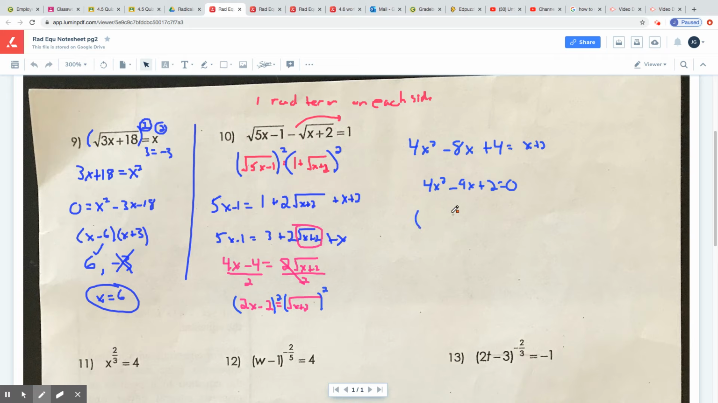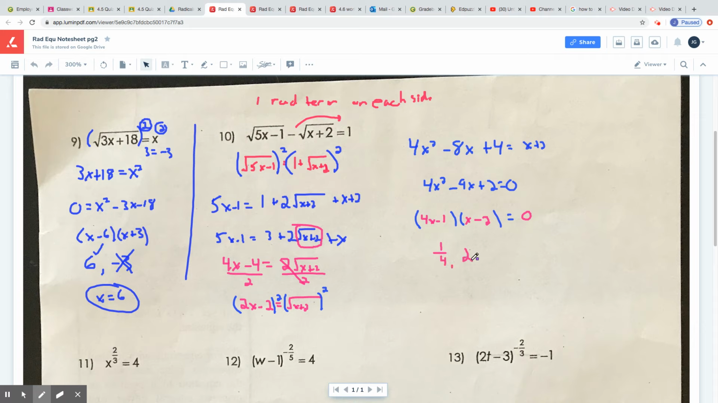All right, and go ahead and see if you can then factor that. All right, so this does factor to 4x minus 1 and x minus 2, right? 4 times 1 is 4, 1 times 1 is... 2. I get 4x minus 2, which is negative 8x. Negative x gives me negative 9x. All right, so I get 2